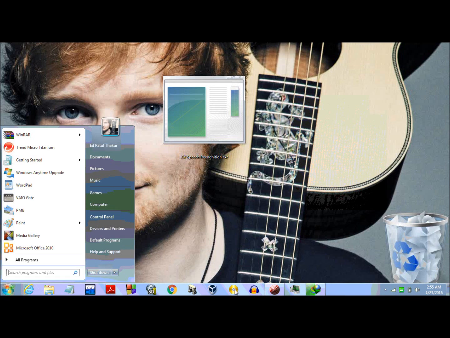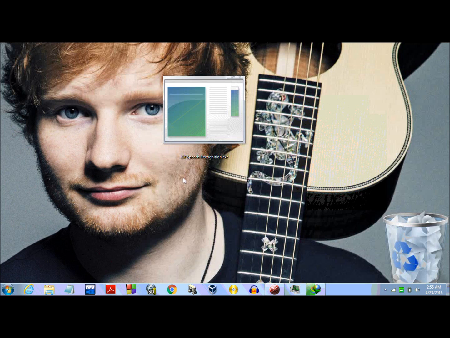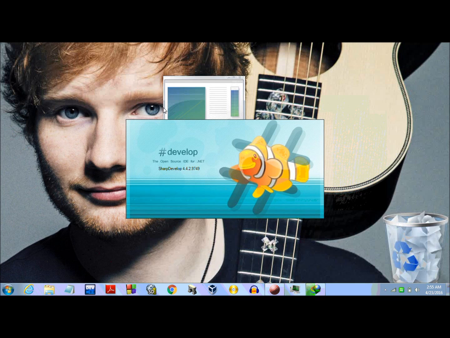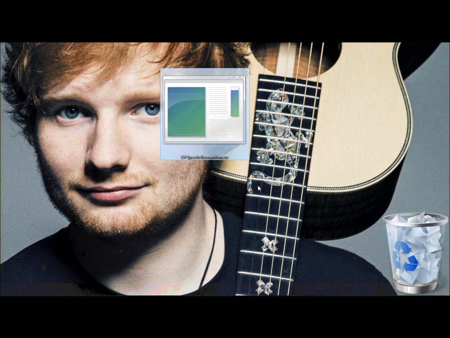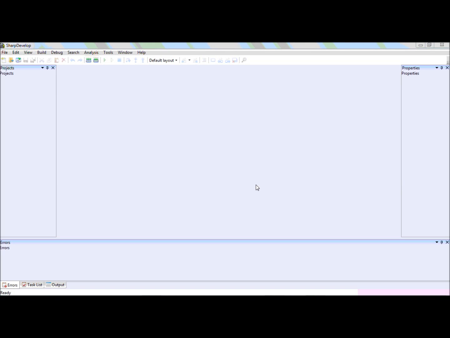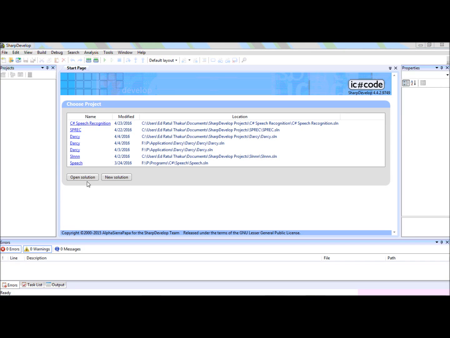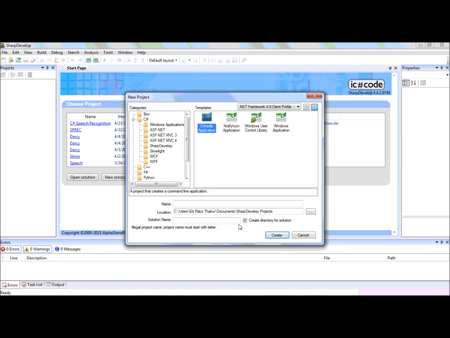So now I'm going to have a look at the source code. So I won't show you the source code. Instead I will create the application here step by step so that beginners can follow. So new solution, and console application, and we'll name it